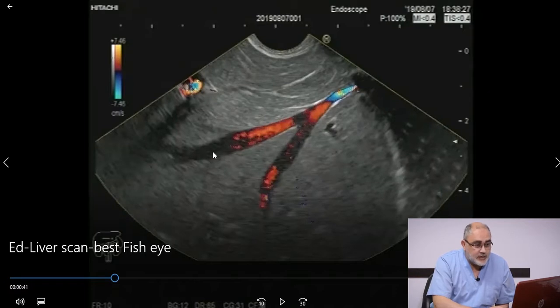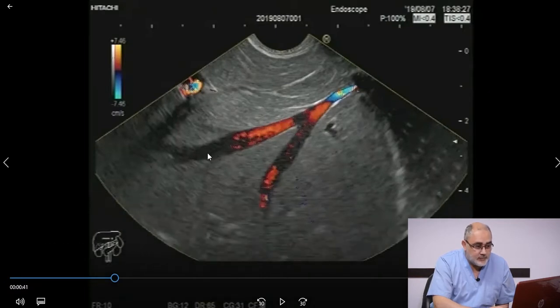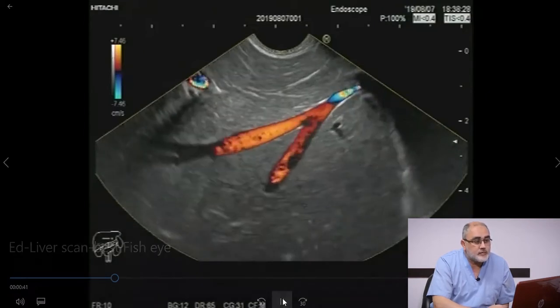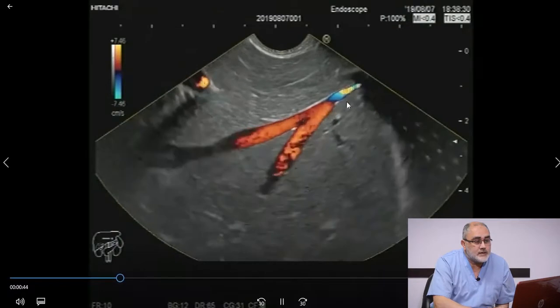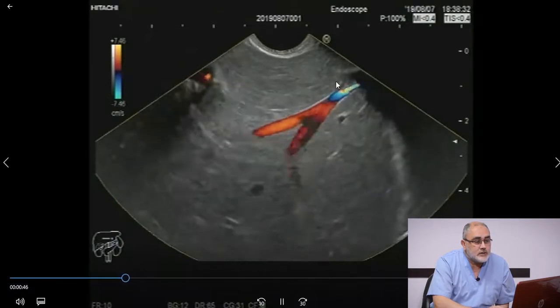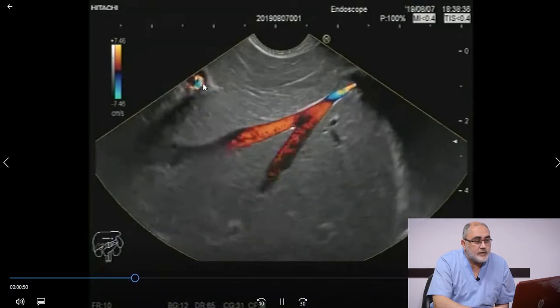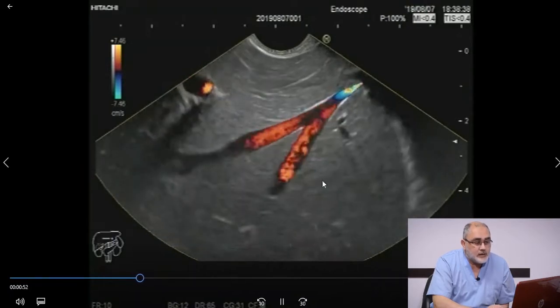of the middle hepatic vein, and here we can visualize a whitish or echogenic band communicating or going from the inferior vena cava to the umbilical portion of the left portal vein. This is the ligamentum venosum. Okay, very nicely seen: ligamentum venosum, middle hepatic vein, umbilical portion of the left portal vein, and here the inferior